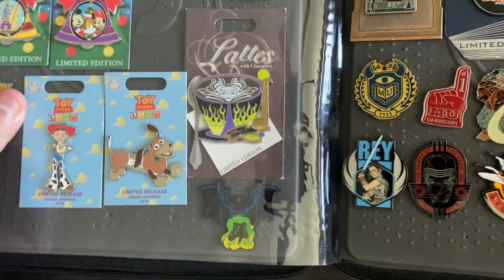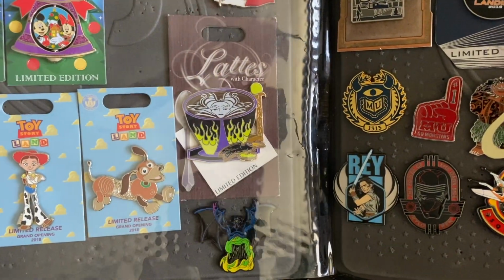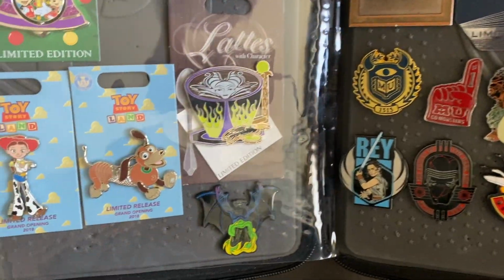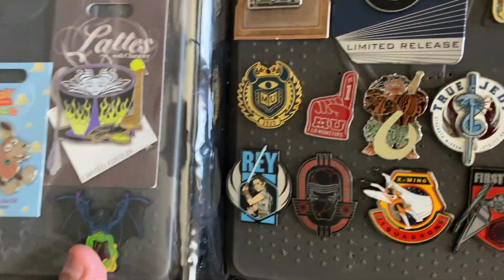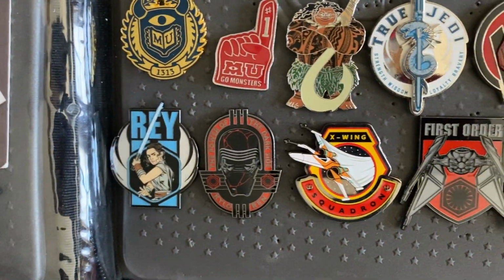So that way you don't have to worry about the pins grinding on one another, but you can also actually see them. So we're gonna start from the bottom here. Now these all right here